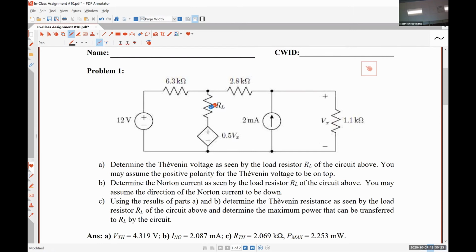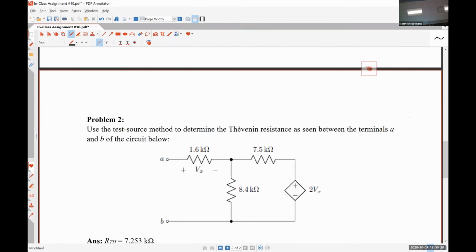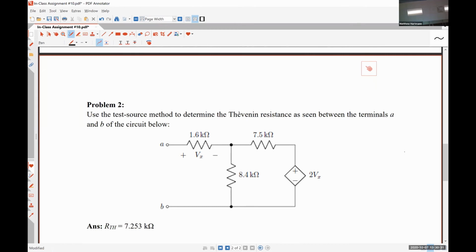Now in our second example problem, which we're going to look at today, it allows us to determine the Thevenin resistance of a circuit containing a dependent source directly. Okay, and it's done by using what's called a test source method, which is really nothing more than applying Ohm's law to the network as a whole. And so what I mean by that is we have two options. We can hook up a test voltage source, V test, and measure the current